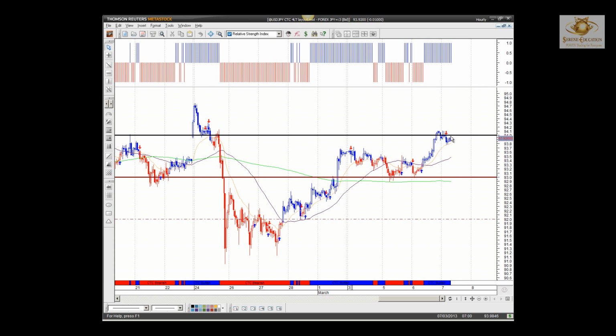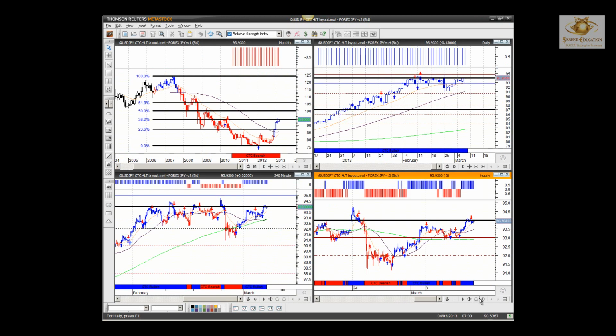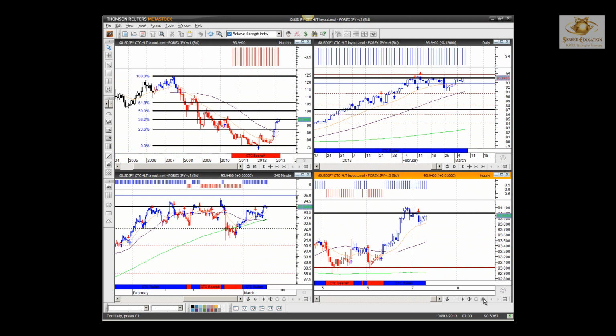That's it. I've said my piece. That's the 4 majors for today. Please go away and do your due diligence. If you're using this particular template, please back it up with sound money management, guys. It's a fantastic template, but you've still got to use common sense, and you've also got to apply your money management rules to it. Other than that, have a fantastic trading day.